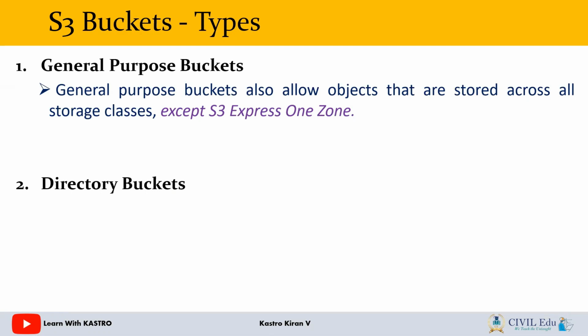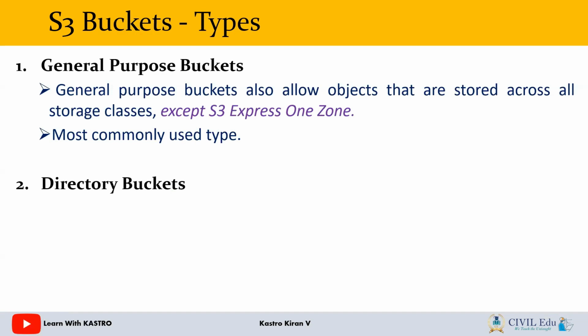And here, general purpose buckets support all types of storage classes except a storage class called S3 Express One Zone. This is a type of storage class. So don't bother about what this type is. I'll be talking about that in the upcoming videos. But just remember that the general purpose bucket supports all types of storage classes except the S3 Express One Zone storage class. And this is the most commonly used type of bucket. So in real time also, we will most commonly use general purpose buckets in order to work in